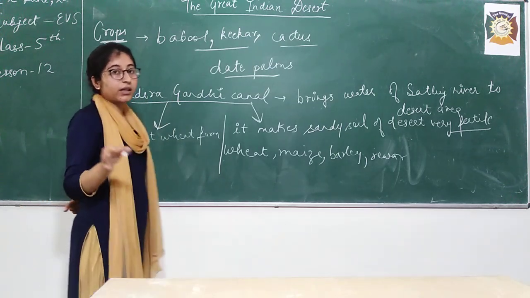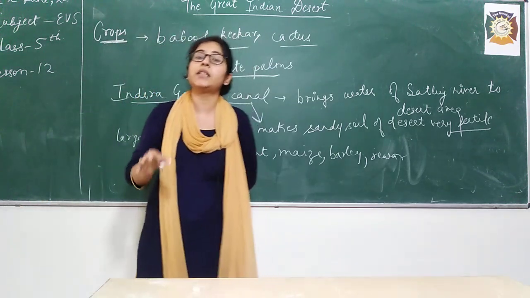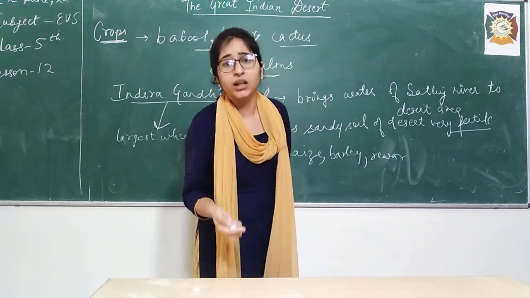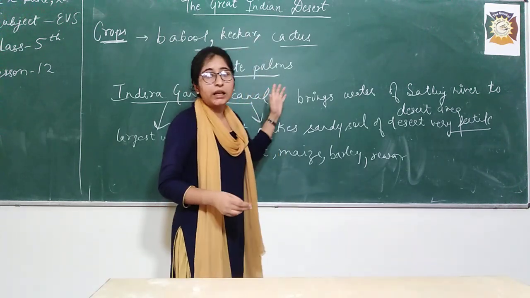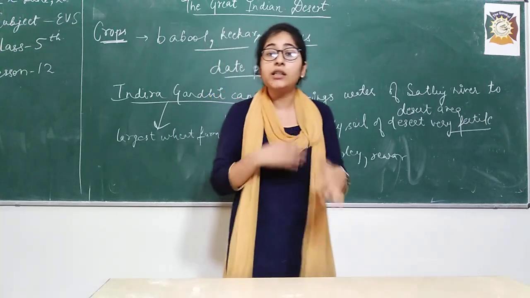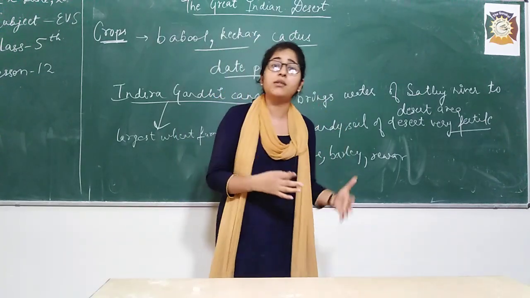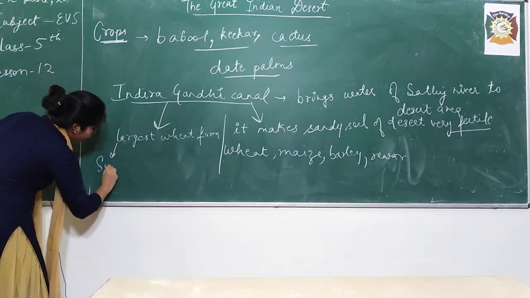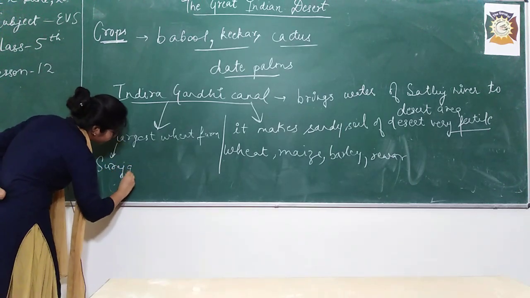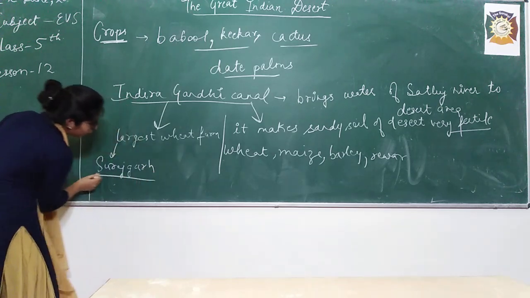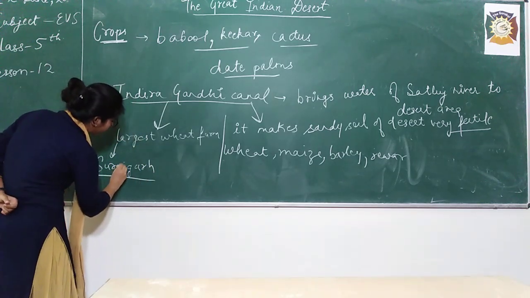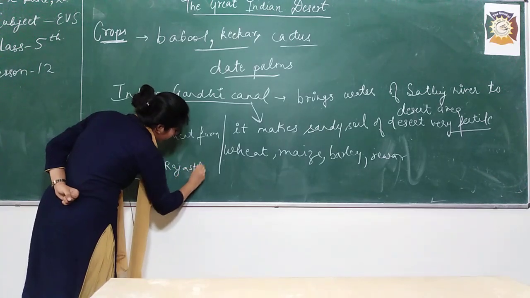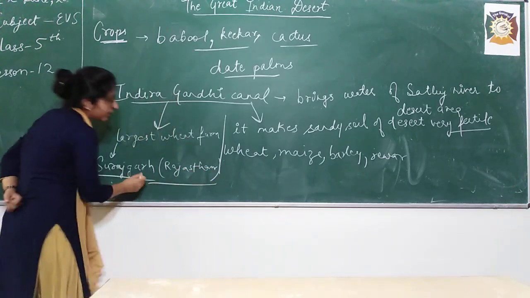Isn't this interesting that an area that doesn't receive much rainfall and has sandy soil gets water from this canal, and then the soil becomes so good that it is the largest wheat farm, and it is located at Surajgarh, right? Surajgarh is a very big city in Rajasthan. Okay, where is it? It is in Rajasthan. So this is the catch.